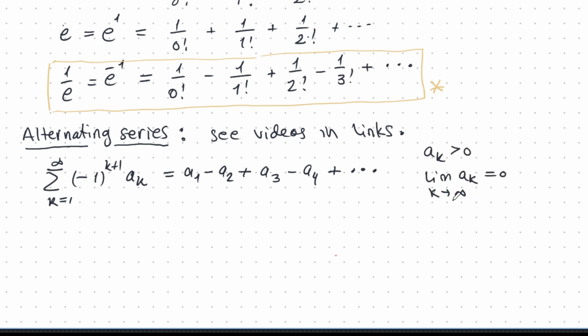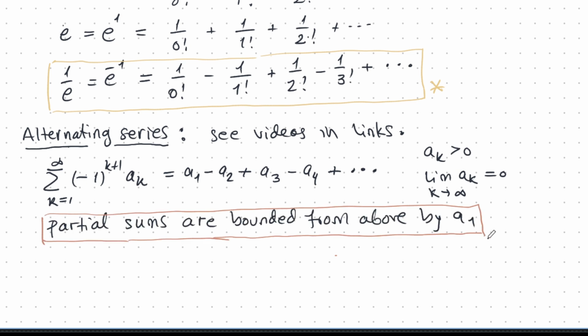So here's the standard alternating series, and this series converges if we have these conditions. a_k is positive, and the limit of the sequence a_k is 0, so it's a diminishing sequence. So it's a very well behaved series if the terms go to 0, and if they're all positive, then wham, it converges. So I proved a lot of things about this type of series in those vids, but I will need here only one of those properties. And that's this property here.